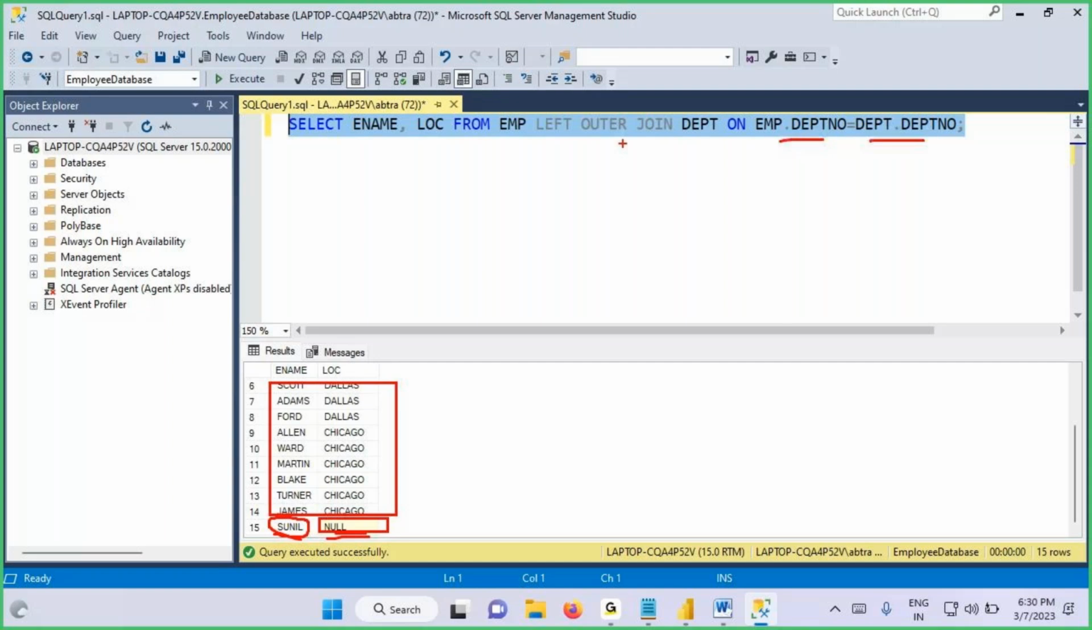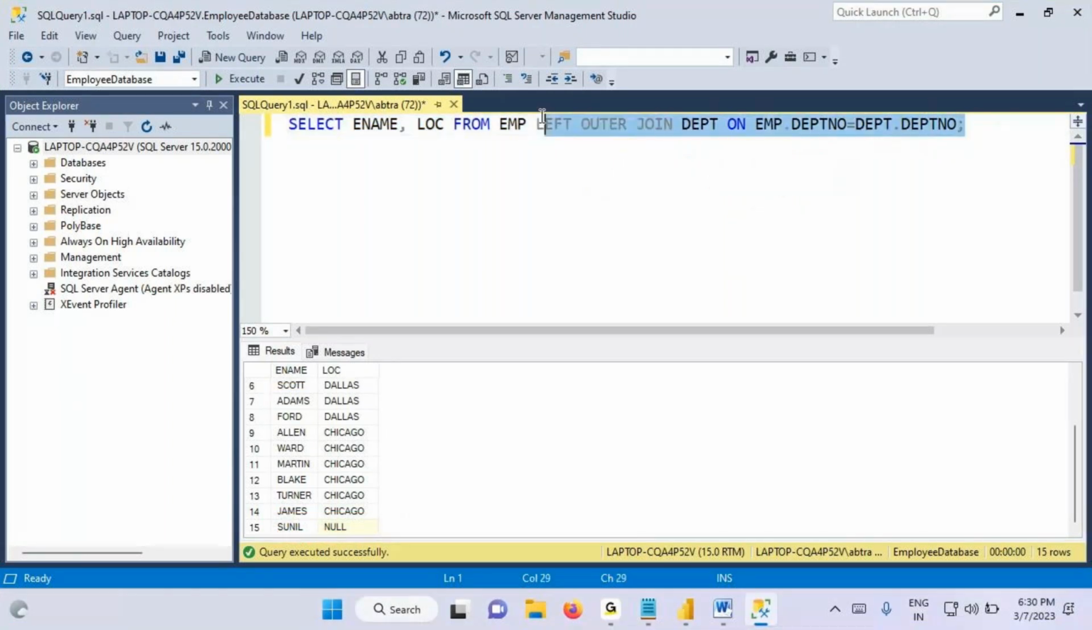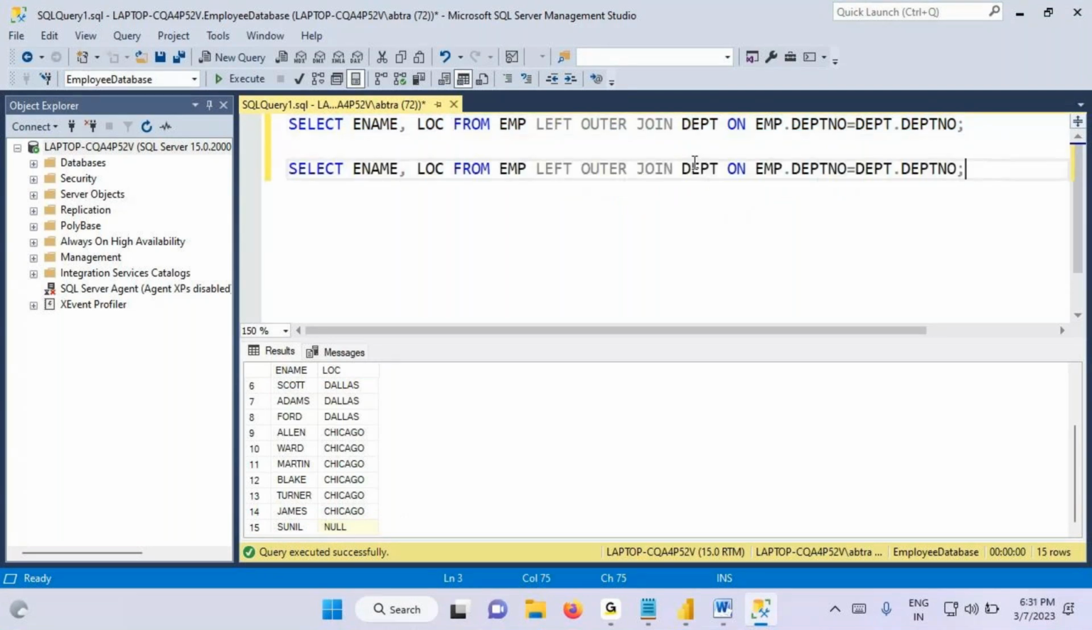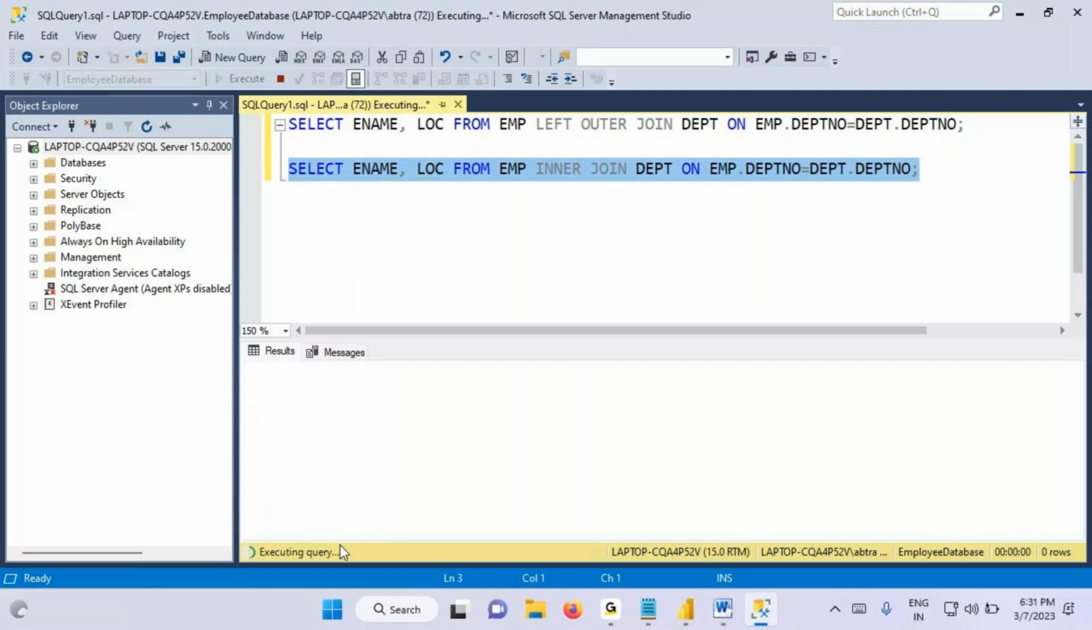Left outer join will give matching records plus non-matching records from the left side table. Instead of left outer join, when I perform an inner join, how many records will you get? Inner join will give what? Only matching records. When I run this inner join query, it gives only 14 records. This is the left outer join query. When I execute it,